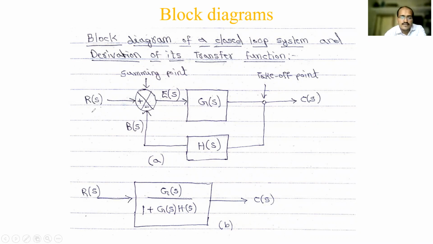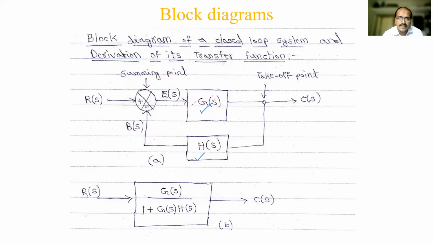What you have here are the components, which we first try to understand. I told you there are 4 things in a block diagram, and all 4 are in this block diagram. One is the G of S, this is one block, and this is another block. Rectangular boxes, each having its own transfer function, G of S and H of S.